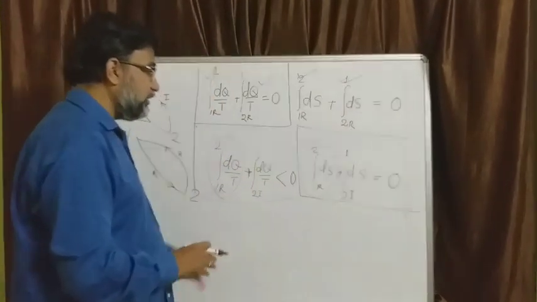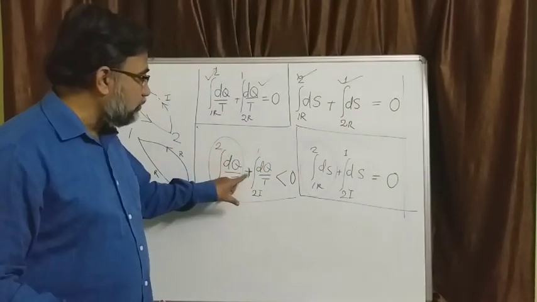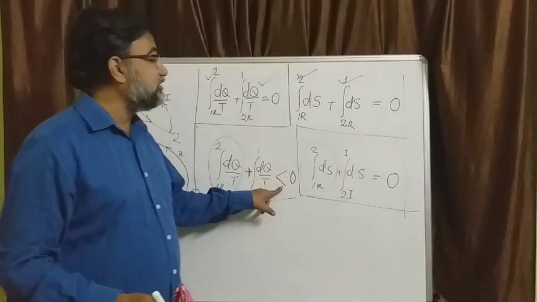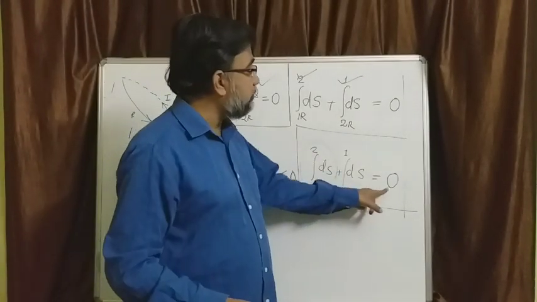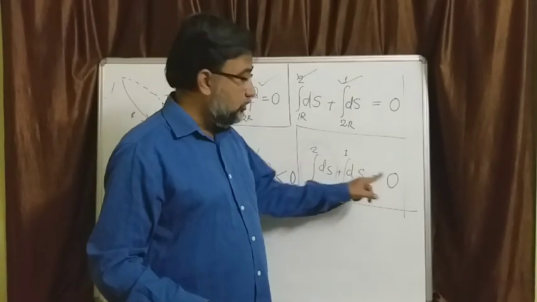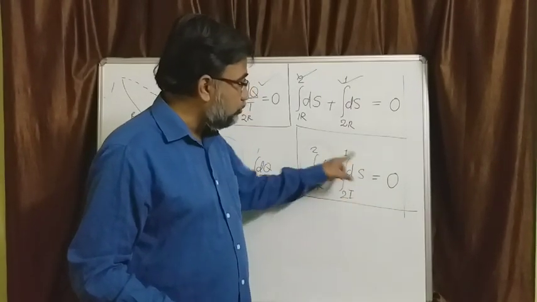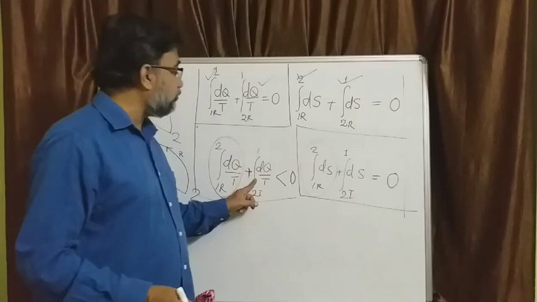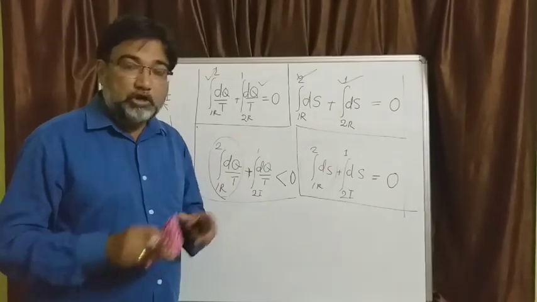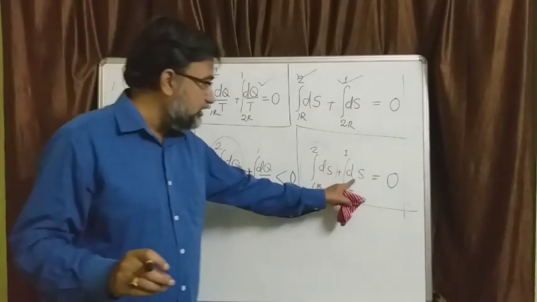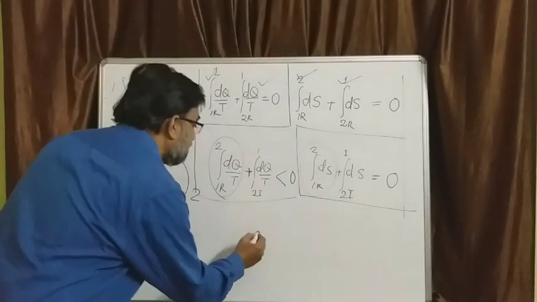What about this one? This is a term in which you are adding something and you are getting less than 0. This is an equal term, and you are adding something and you are getting equal to 0. So here you add this much and you are getting 0, and here you add this much and you are getting less than 0. So which one is higher? If you apply your logic, then this one is higher. So ds